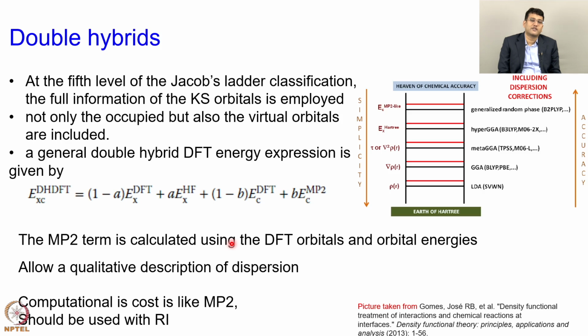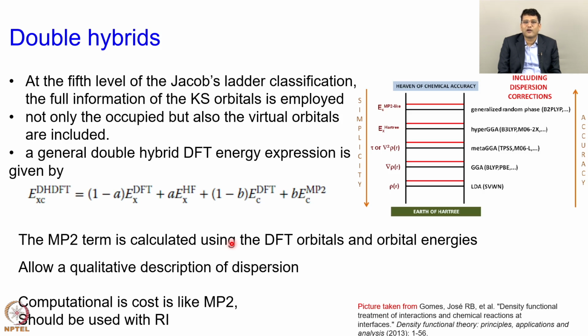Not only is the computation cost like MP2, its basis set convergence behavior is also like MP2. So, it converges very slowly because I have an MP2 part. So, triple zeta numbers are often not good enough. You either need to go at least quadruple zeta, better if you can go to pentuple zeta, or extrapolate to the complete basis set limit. So, it gives you more accuracy,